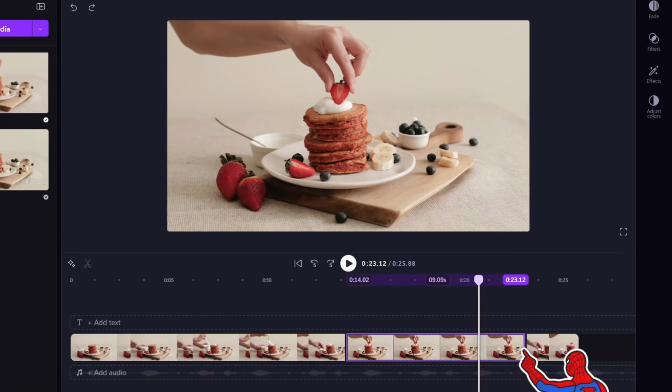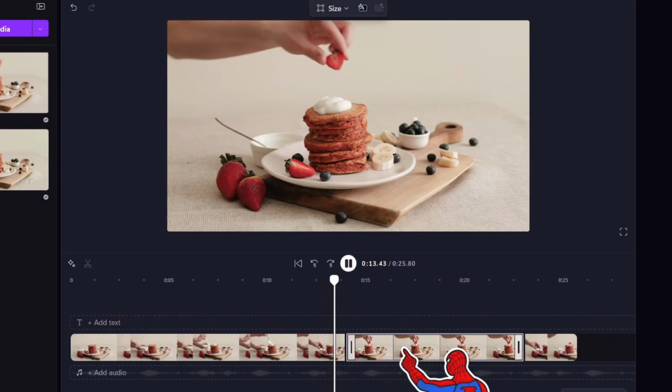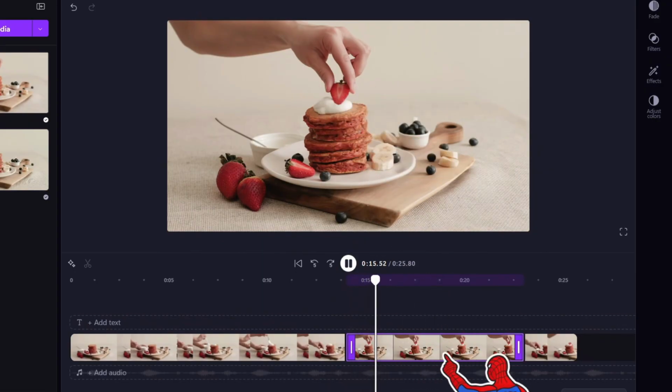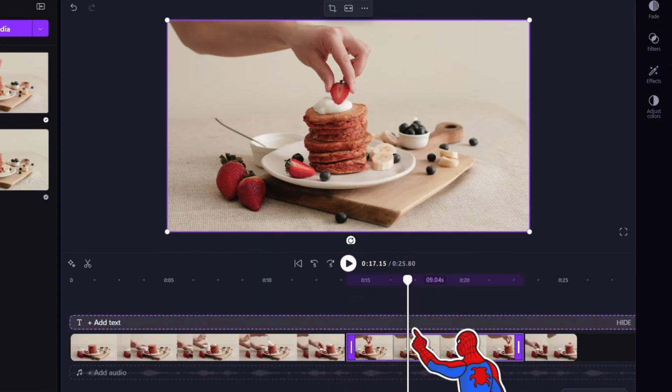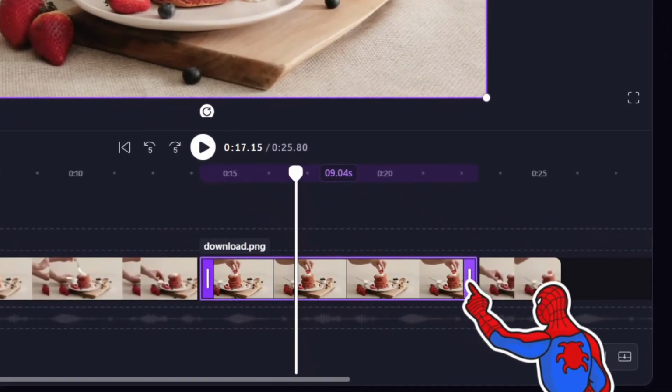So say I drag this to around 9 seconds. That means the video will freeze at this part for 9 seconds because as I play the video, it's just showing the image at this point. Now, if you only want to freeze it for a short while, like 2 seconds, we can drag this down